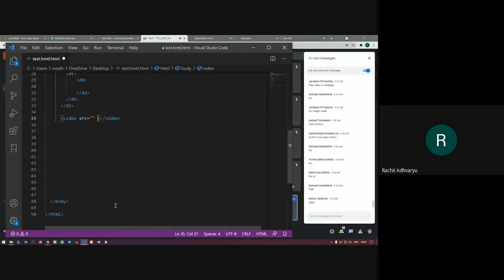Good. We need to set the height and width of the screen, as well as we need to provide the controls. So we need to add the controls, right? So what are the properties of controls?